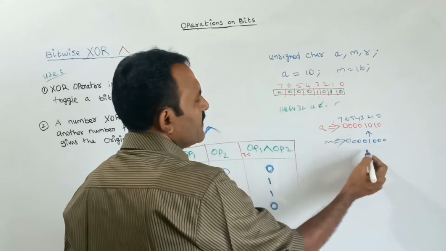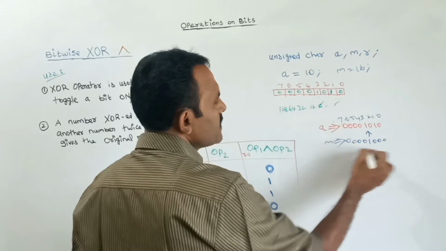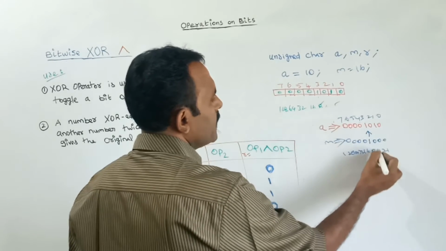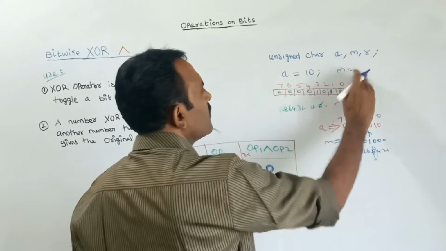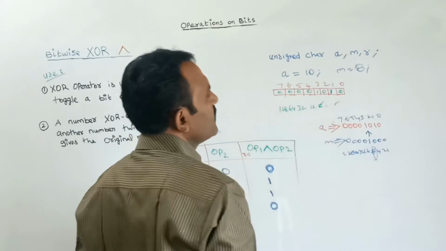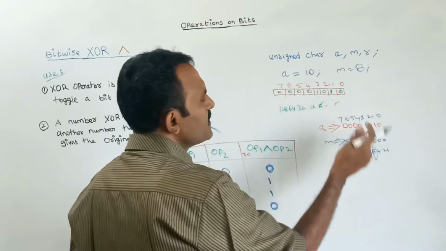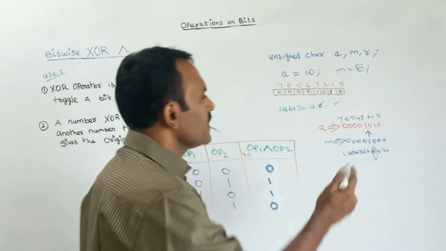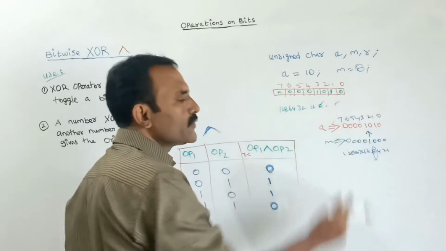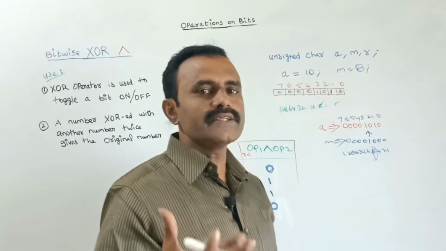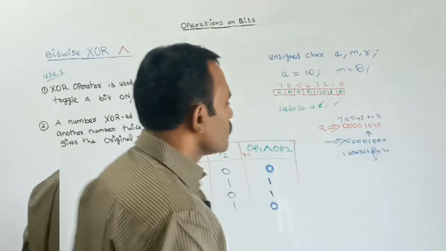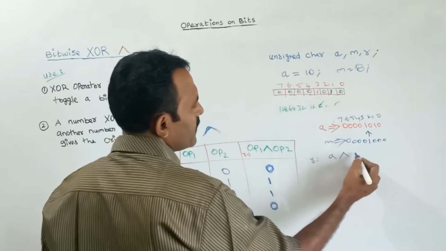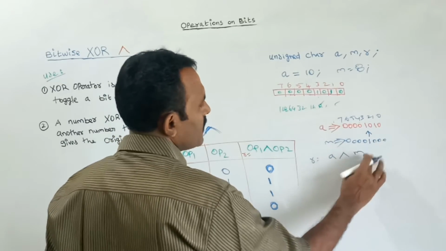When we convert this into decimal, what is the decimal value here? That is 8. The mask value is 8. So this 8 is used to change the third position of an operand. The third position operand is currently true. I am going to change it to false. So result is equal to A, next use this XOR operator, after that M, the mask value.